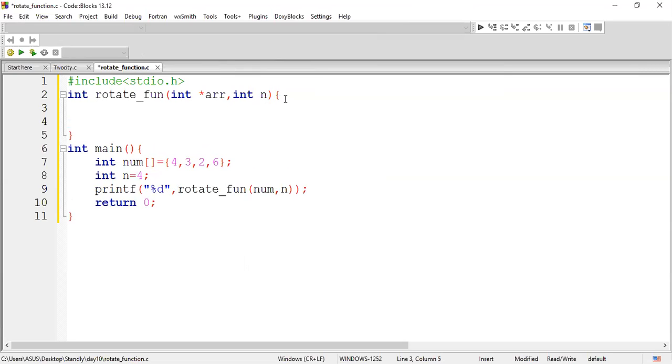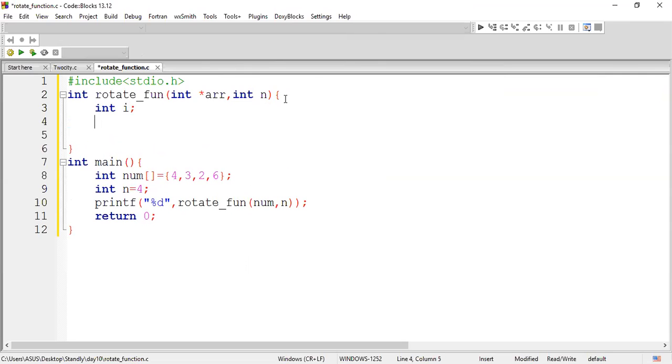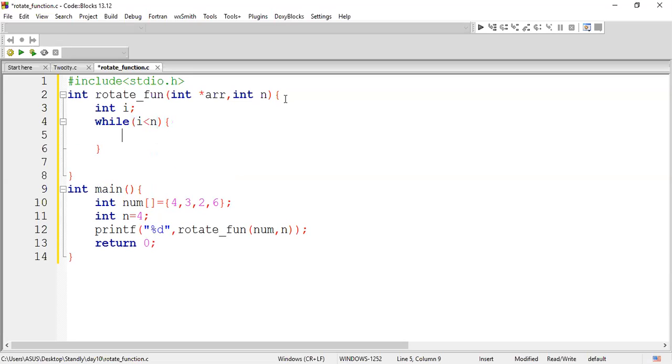So here, let me declare the iterator variable called i, and we'll have a while loop. While i is less than the n value. Whether to use a while loop or for loop is completely up to you guys. Here I'm using a while loop.